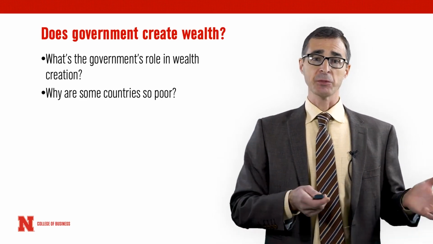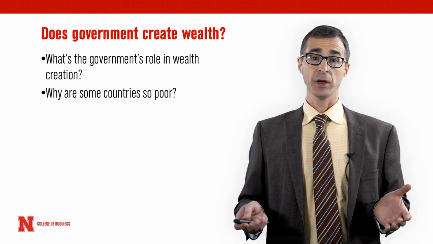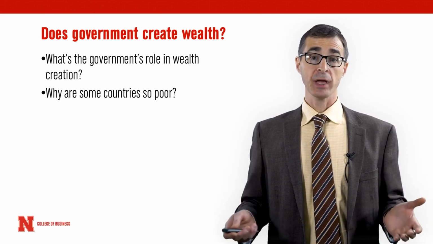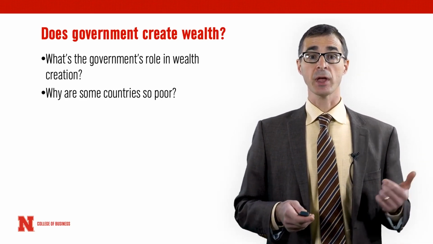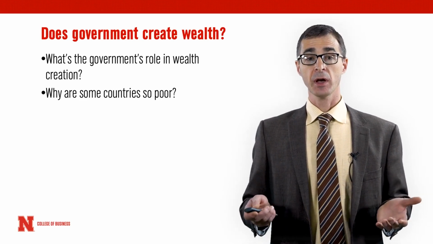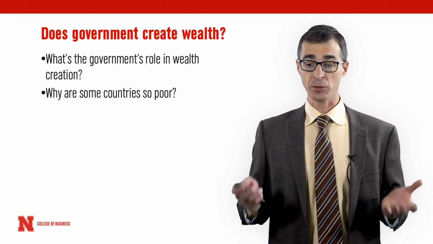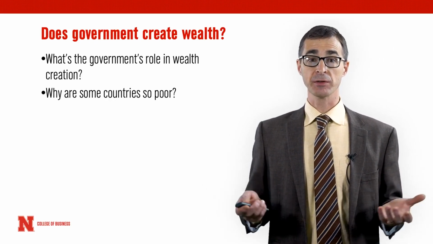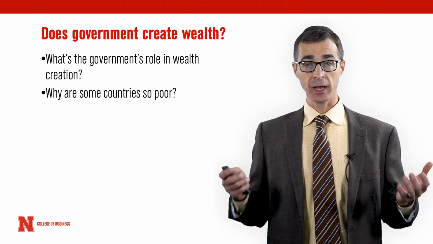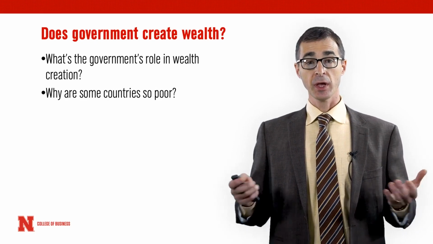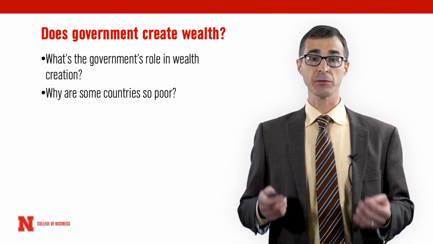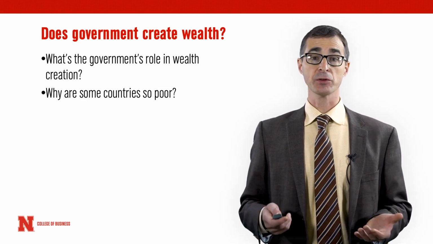Since the time of Adam Smith up to the present, one of the major determinants of differences in the wealth of nations can be boiled down to differences in property rights and differences in legal systems. In fact, modern-day historian and economist Hernando de Soto has an extraordinarily insightful book, The Mystery of Capital, in which he surveys worldwide differences in economic, legal, and judicial systems, and comes to this very basic conclusion that property rights and the enforcement of those property rights through an efficient judicial system is one of the primary determinants of differences